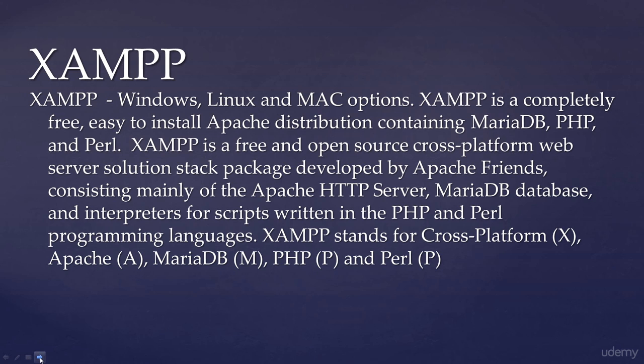The first one that we're going to look at is XAMPP, and this is by far probably the most popular and easiest method for web developers to create their own Apache machine to run locally. Basically, it works across platforms. So whether you've got a Windows, Linux, or Mac machine, you can download XAMPP and install your